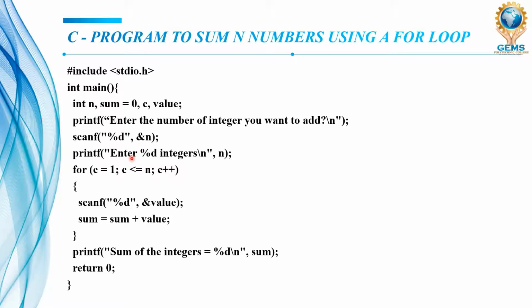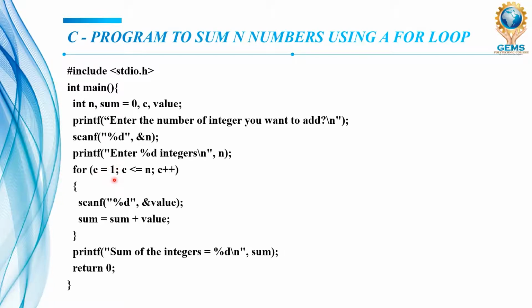So in the previous slide I already told you, 1, 2, 3, 4. They have given a number. So for I equal to 1. So for loop I started here. Counter C is started. So C equal to 1. C less than or equal to n and C plus plus. Here C is the counter. I already told you I initializes as 1.